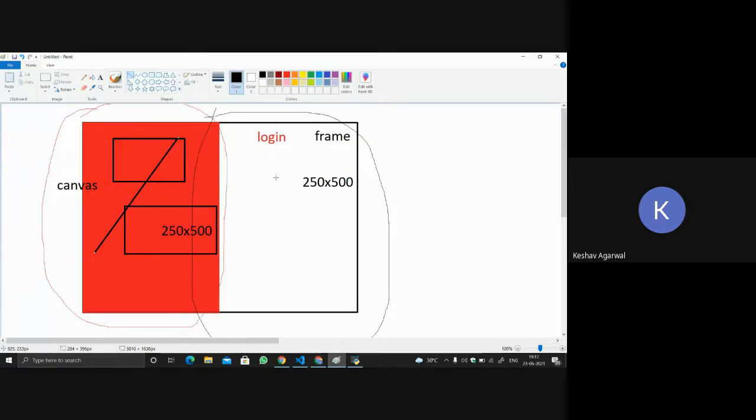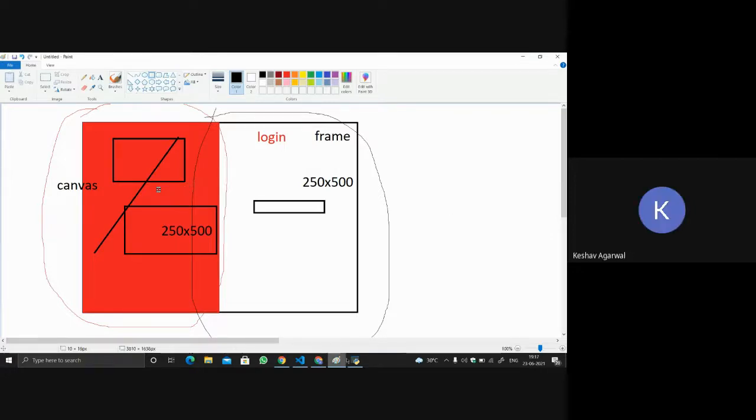In the other way also, if we want some entry, Pankaj also asked us the same question. Let's say I want a login form. Let's say if we want any entry in this login page, we cannot use the entry inside this block. It won't work. So whatever we have to do, we have to do it inside the frame if we want some entries.